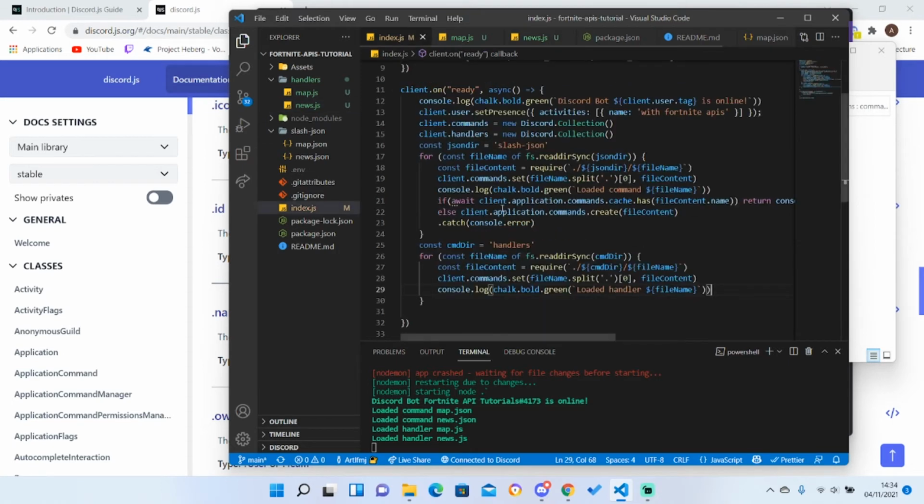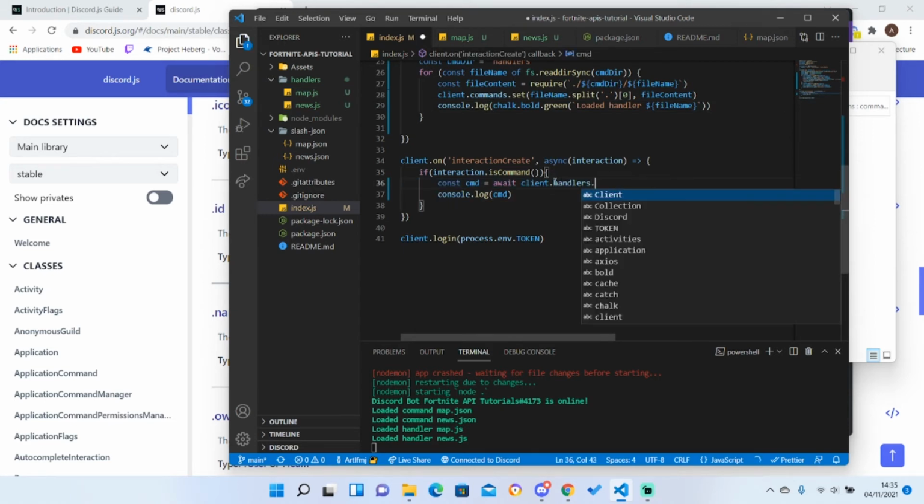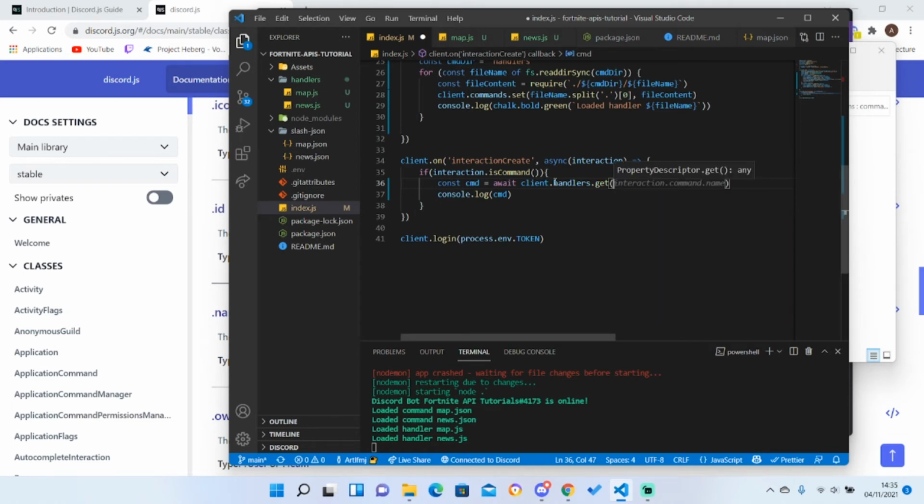What we need to do, finally, is on the client on interaction. Here, so what we need to get here, let me check. So here, we're gonna change it to client.handlers.get interaction command name, and we're just gonna console log. Furthermore,